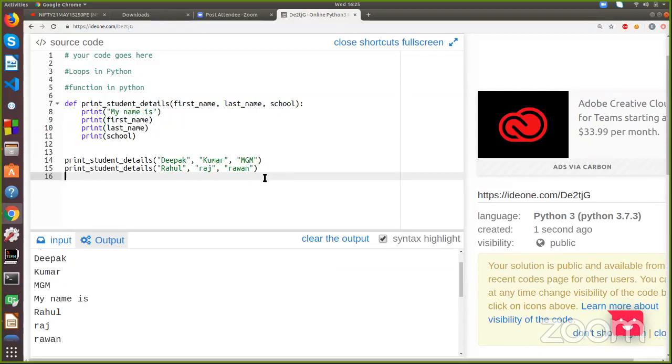Can we move forward? Okay, let's move forward with today's session. Now we are going to learn about something new. This was just yesterday's revision we did, as many of the students were having doubt in function and loops.